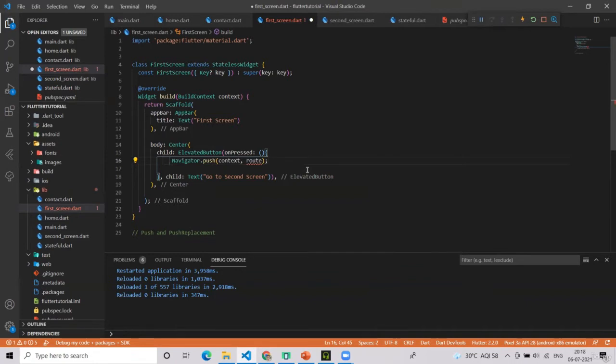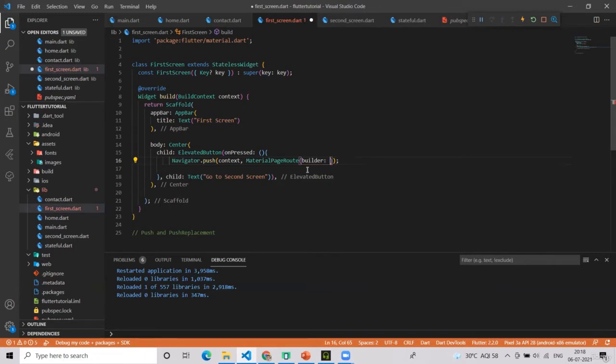First is a context and the second is a route. This route we have to send material page route widget like this. See, it's a little bit different, but this is a code which you have to just learn or just remember by heart. That's it.